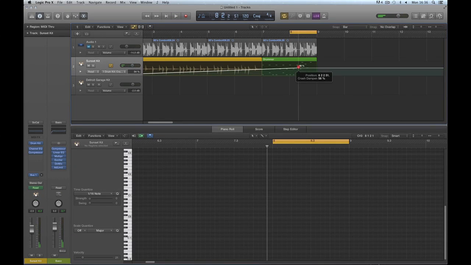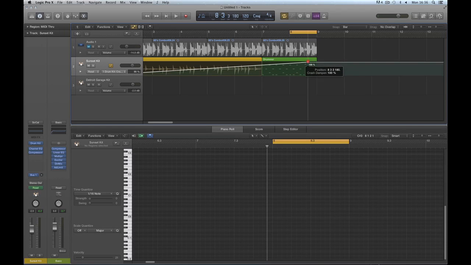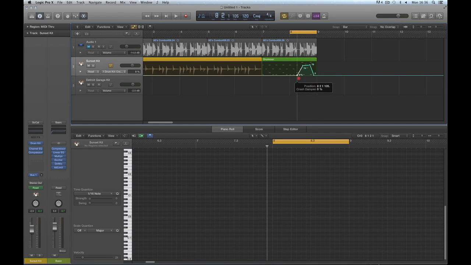Okay, so we know that's the correct controller. Now we could leave the controller over the top of the region like that, as track automation, and then after we've done that note to choke the cymbal, we set the controller back down to 0 to make sure that any crashes further along the track are not dampened, and then we just put in a bit before like that, so anything leading up to it doesn't get dampened. Here is the dampening effect only on that crash,